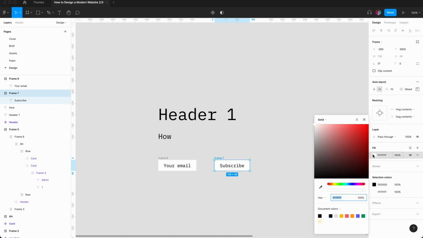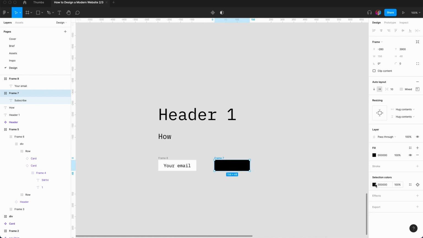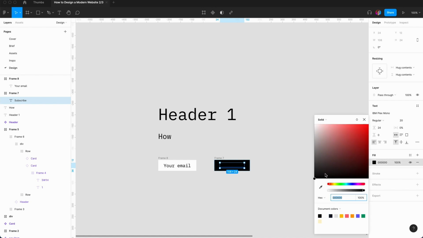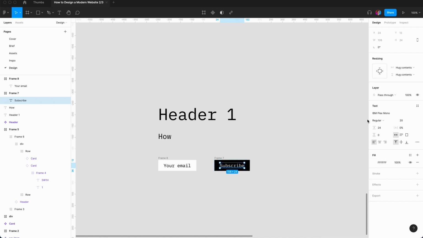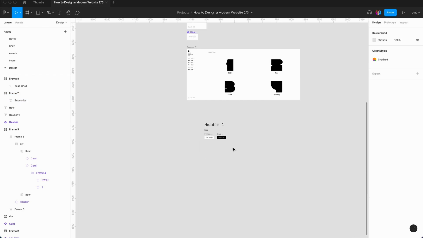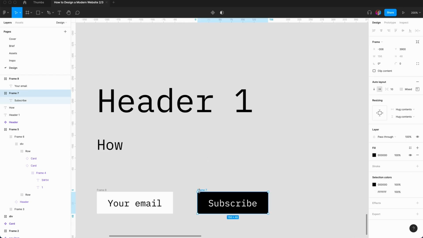So for now we're completely designing in black and white, which is a very good way to start because we want to keep things very simple. And here we're going to go with white text. Okay, great. So if I zoom out, and what we're going to do is we're going to put some,